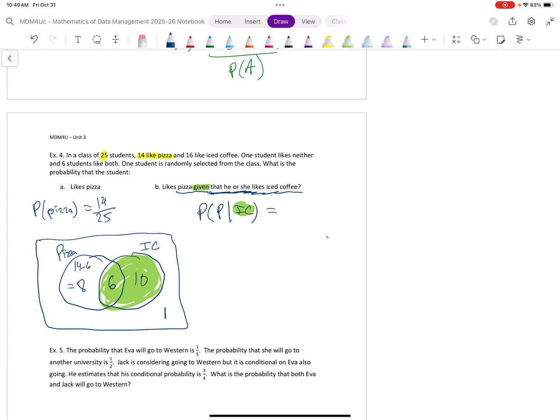And if you work it out, you've got 6 people of those who like pizza out of the total in that group being 16. And so this just becomes 3/8, which is a perfectly good answer. We use the Venn diagram. If you use the formula,